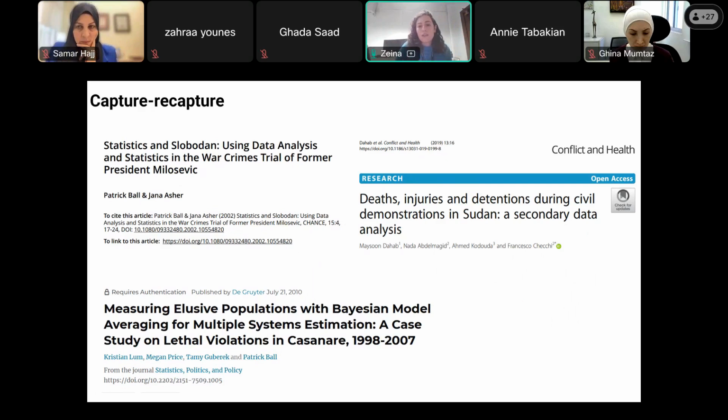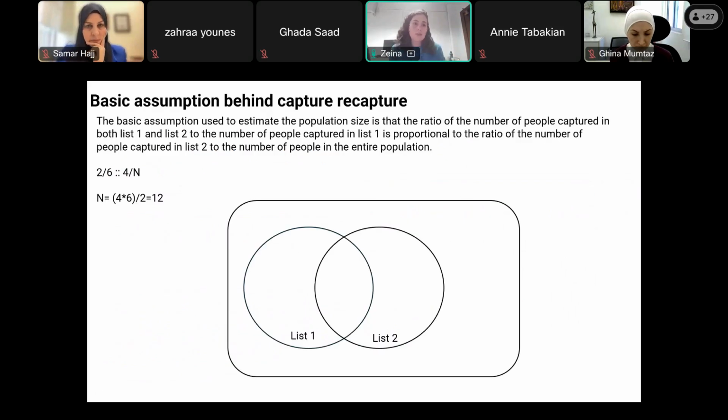And so this is where I will go a bit into the very, very basic concept of capture-recapture. The concept behind it is that it is possible to understand the total population if we understand the ratio that is captured between two lists. So this is super simple, super simplified. So if we have in list 1,